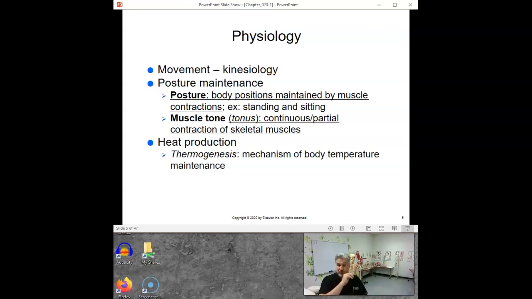100%. I have students go on quite often and become physical therapy assistants. Physical therapists too, but physical therapy assistants are a really easy jump from here. So it's stuff to think about. And it very much ties into personal training, because you really start to understand why an exercise works the way it does and why form has to be a certain way, instead of just memorizing it. Okay.